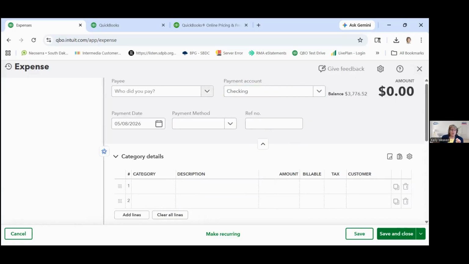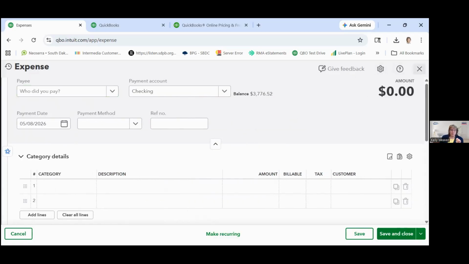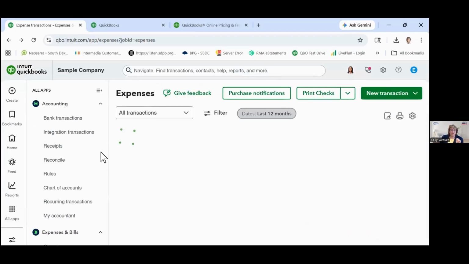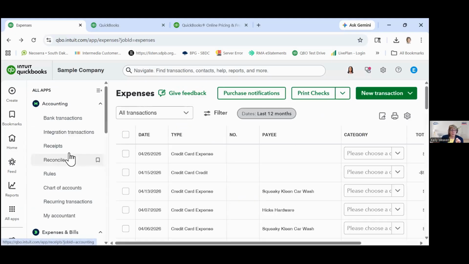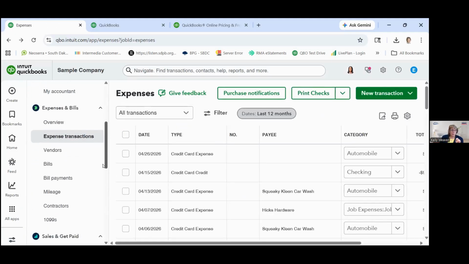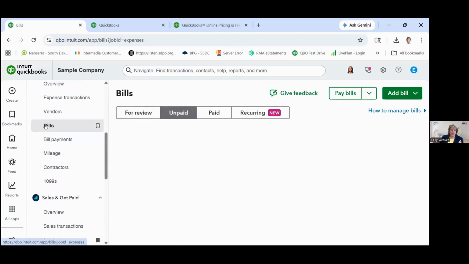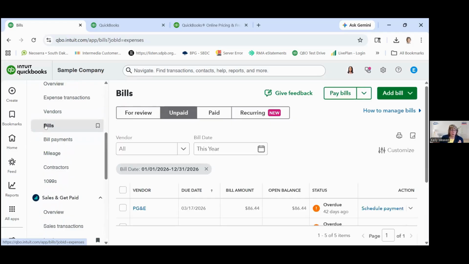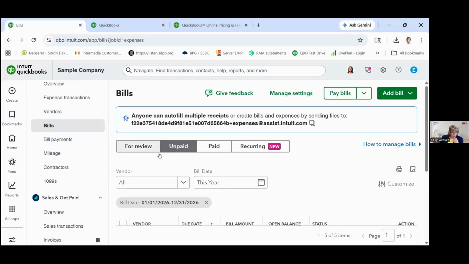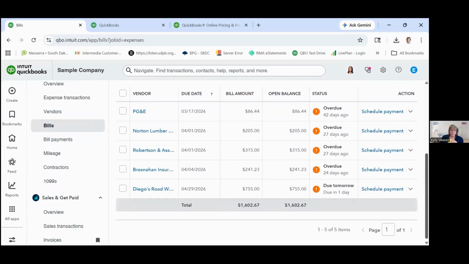What I really want to focus more on, because that's pretty straightforward, is the bill pay side of things. So if we go back down to our expenses and go to bills, this is where you would be buying product for resale in your store for the most part, or from any vendor who's willing to give you time to pay. We're going to do a transaction, so we can add a bill. That's when we're adding something new. And here are our vendors down here. Just like our customers, these are vendors that we owe money to.